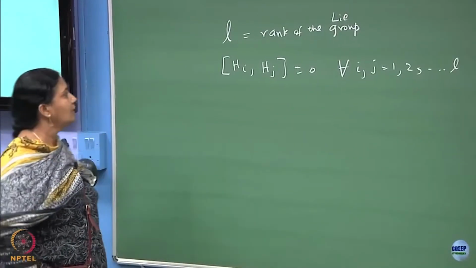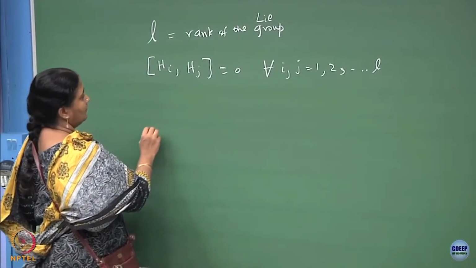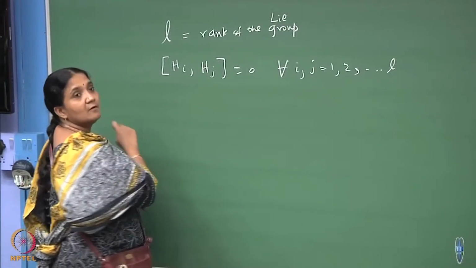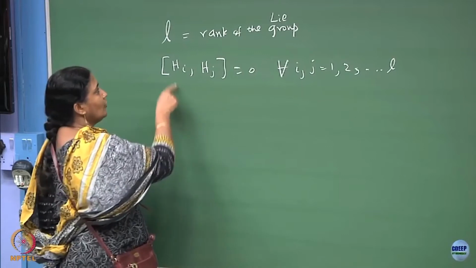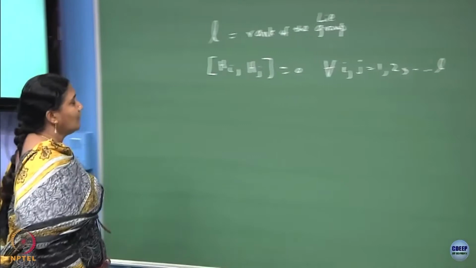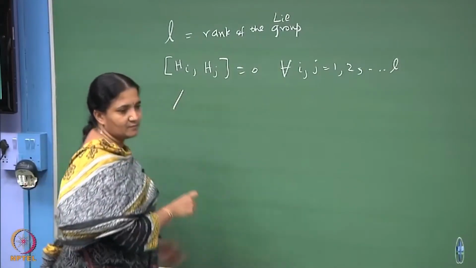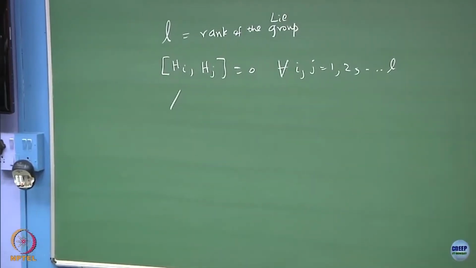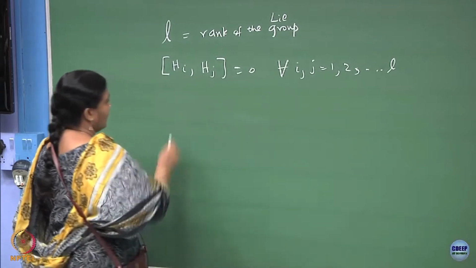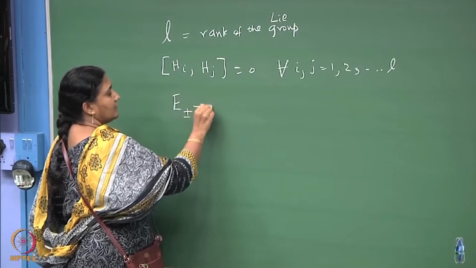right. And then I introduced, so the remaining generators will be those which are excluding them, okay. So, those you can try to make as E plus or minus alpha vector i,